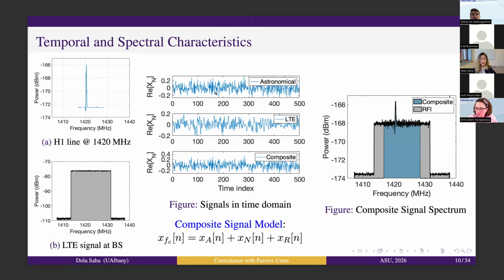And then this is something that we synthetically generate. We transmit over synthetic channels and attenuators, filters, all of those, and then we add them up. And if we do that, this is what we get as the composite signal,